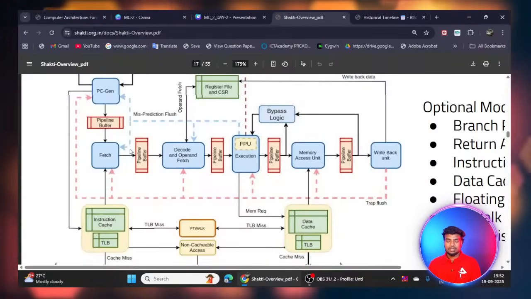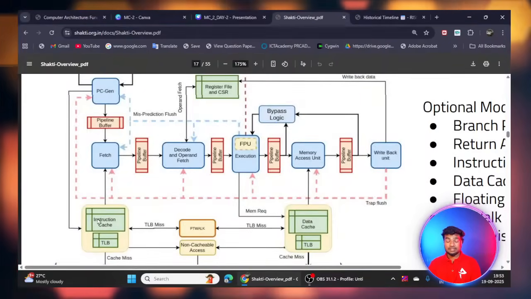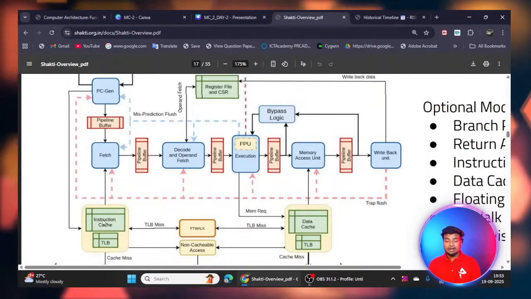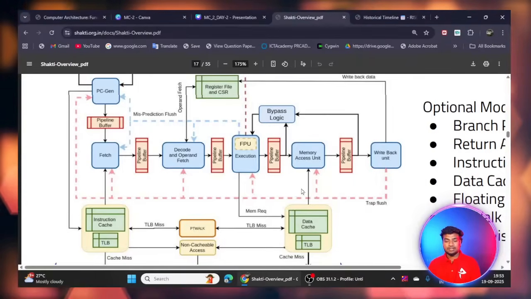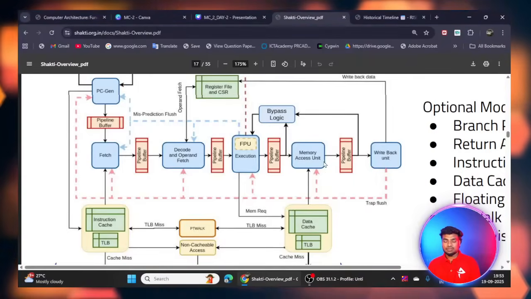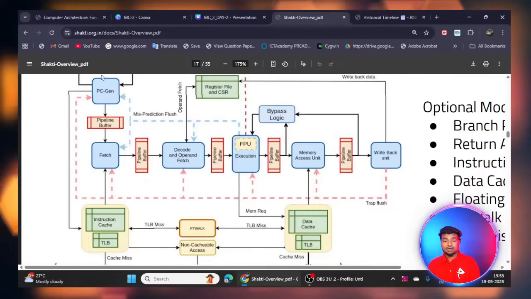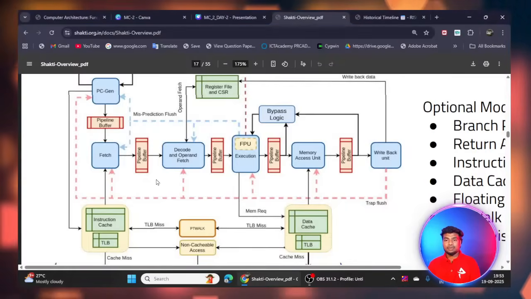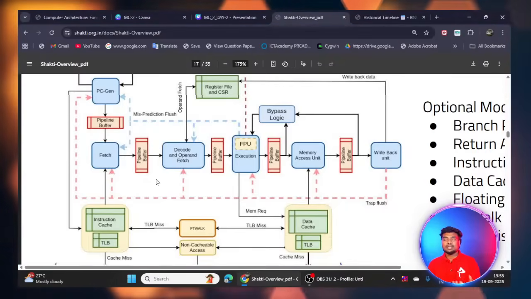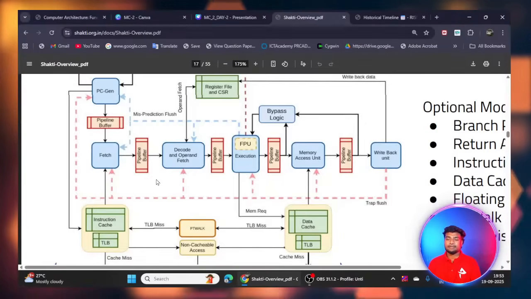Overlapping means at the same time fetching the instruction from the instruction cache, and the data cache is also stored in the memory access unit. So in one program counter, it will do multiple, overlapping operations. The overlapping operation is called pipelining. Okay,